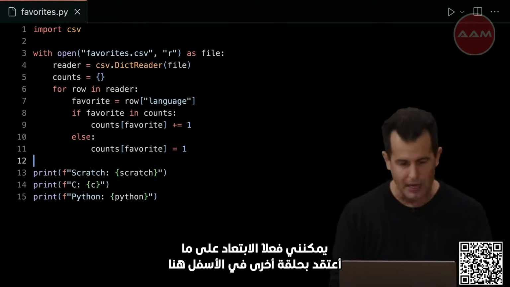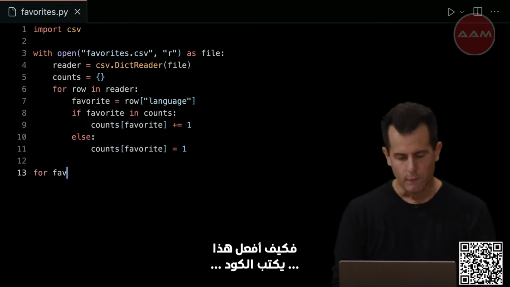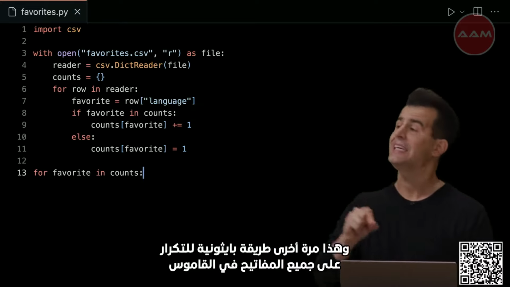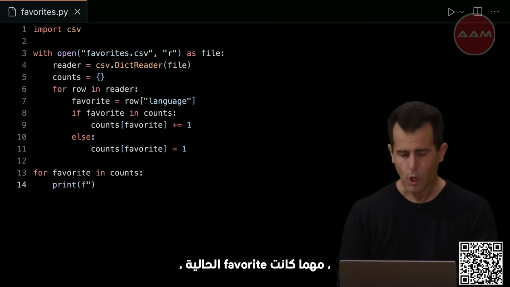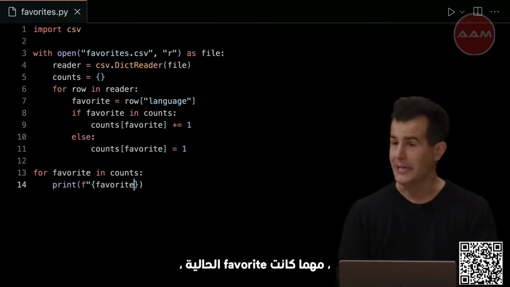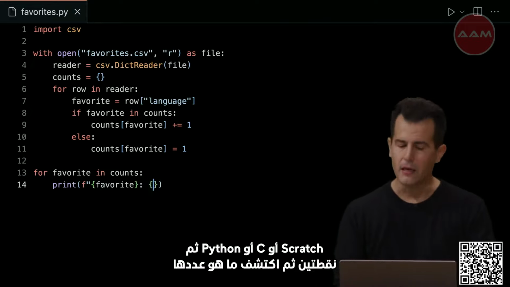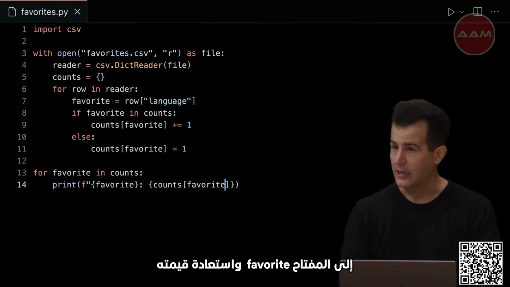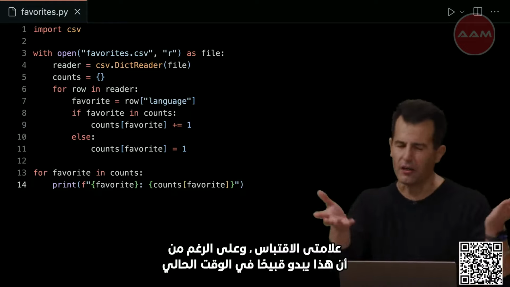I can actually get away, I think, with another loop at the very bottom here. So how about I do this? For each favorite in those counts, and this is, again, the Pythonic way to iterate over all of the keys in a dictionary, go ahead and print out, using an F string, whatever the current favorite is, Scratch or C or Python, and then a colon, and then figure out what its count is. And you can do that by going into the counts dictionary, looking at the favorite key, and getting back its value. So I close my curly braces, I close my quotes, and even though this looks ugly at the moment,